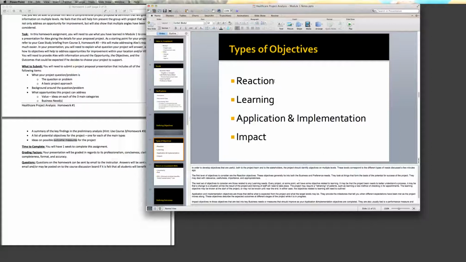Okay, also, reaction might be an example of a reaction objective. Let's see, what can I come up with? Usually I take a little while to think about these, so give me a minute. In a reaction objective example, we talk about here in the notes that they're going to be looking at the relevance, the usefulness, importance, and appropriateness. So you might also have a reaction objective around